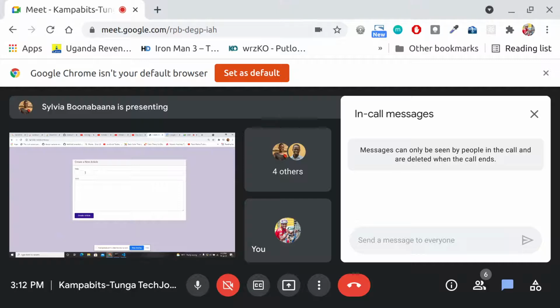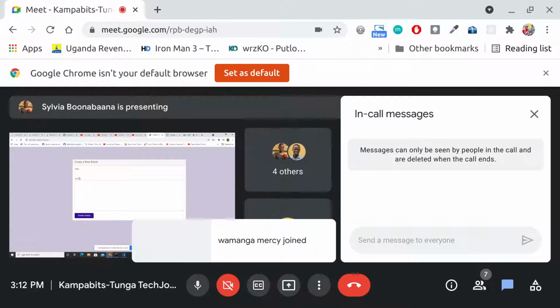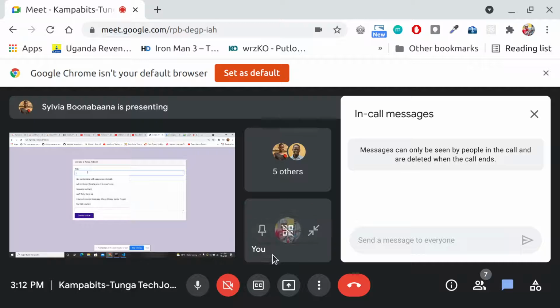Okay. So this is my app, and this is a section for adding a new article. So if we add a new article,